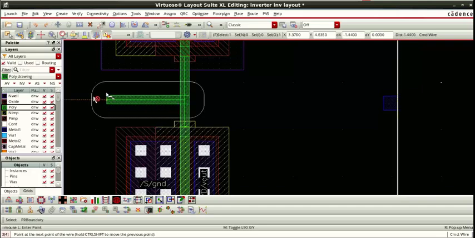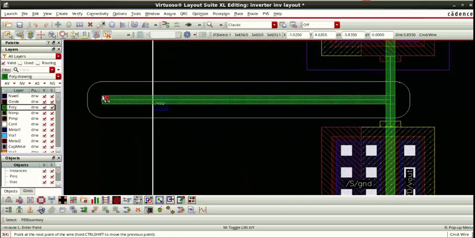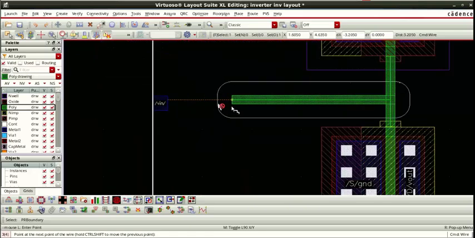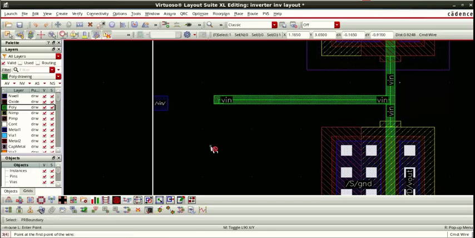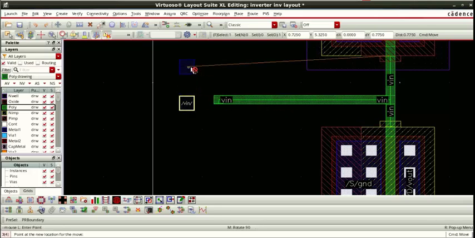So from polysilicon, let's say till this point here. Okay. Now what we do is I will take my Vin and place it here. Now this pins you can either drag vertically or horizontally. Diagonal way it's not possible. Okay. So be sure about this. So let me put this here.